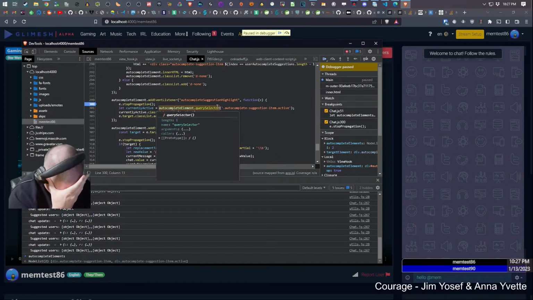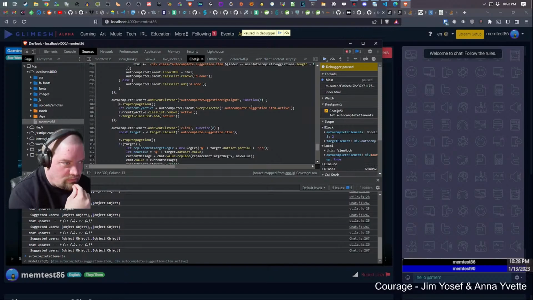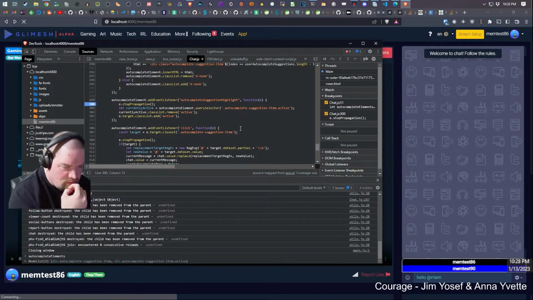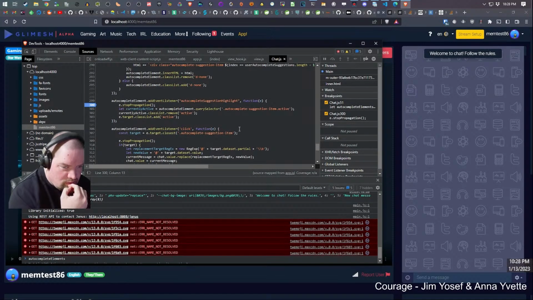Oh shit, I didn't set the target on it. That's why. It has no idea what the event... Well, no, it should. I'm dispatching it on the element, right? Let's see here. There it goes.